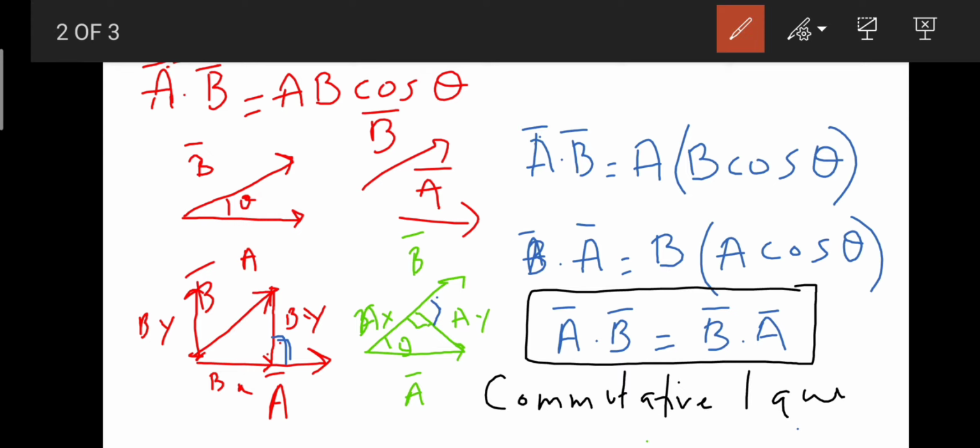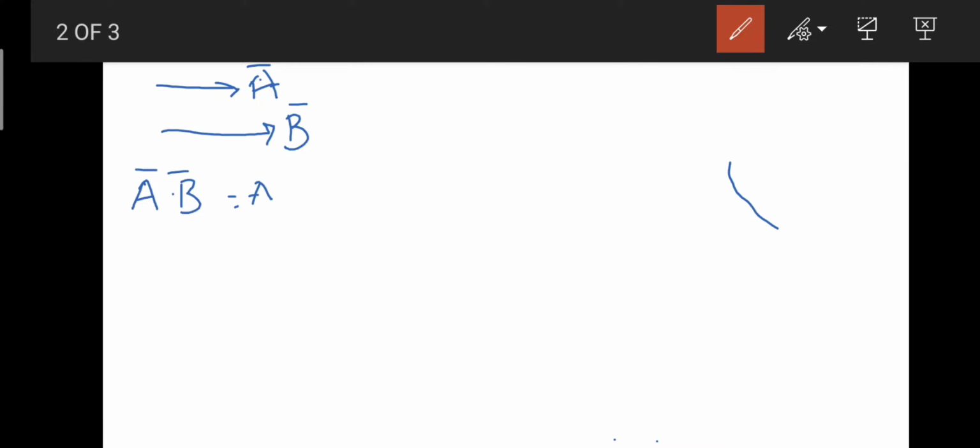And now coming towards the next characteristic, which is about what will happen in the case of parallel vectors. Consider we are having two vectors, like this is vector a and there is another vector in the same direction, vector b, right? These two vectors are parallel vectors, they are in the same direction. So if I am asked to determine the product of these two parallel vectors, what would it be like? I will definitely write in this particular case a b